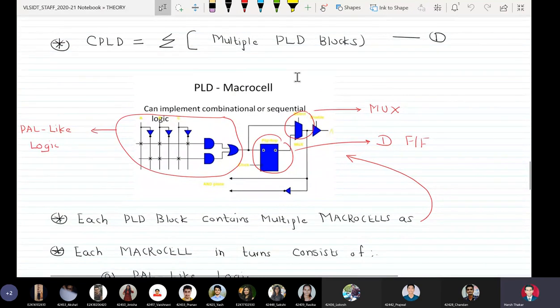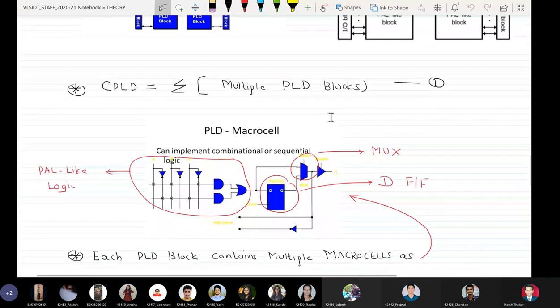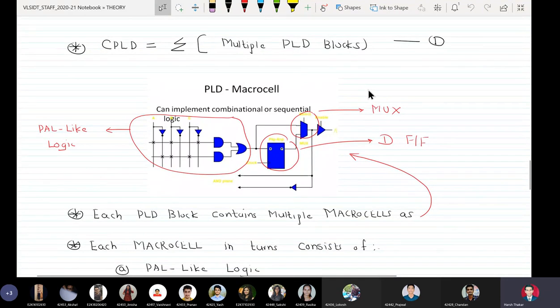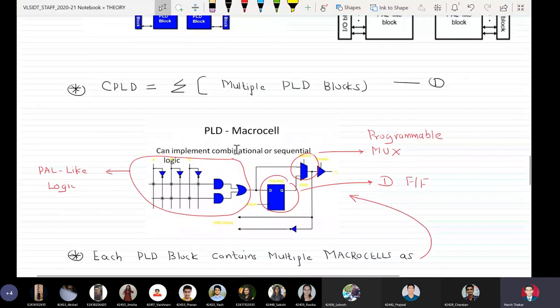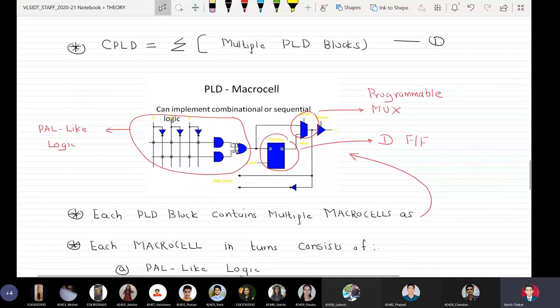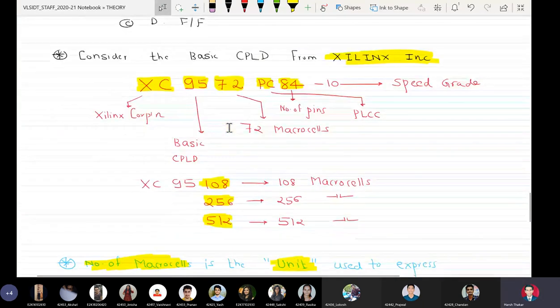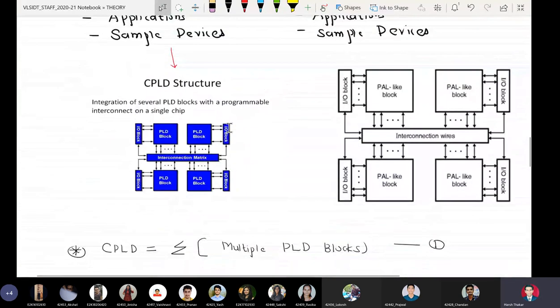So I'd just like to make one correction. This is a programmable mux actually. It's not a conventional mux, it's a programmable mux. Okay, the CPLD consists of macro cells as the building block. So multiple macro cells come together to make PLDs, and multiple PLDs come together to make a CPLD. And understand one thing here, for example,